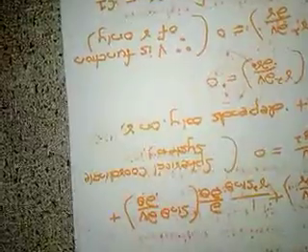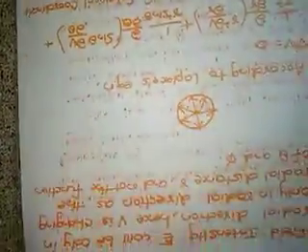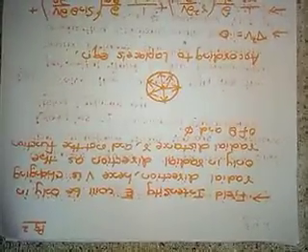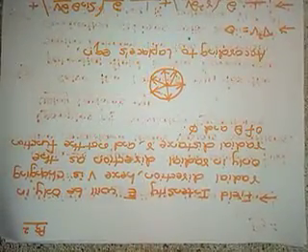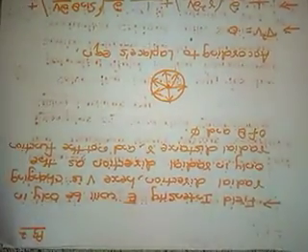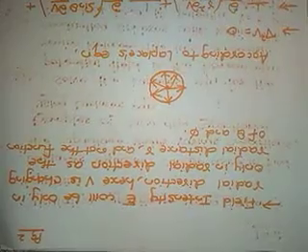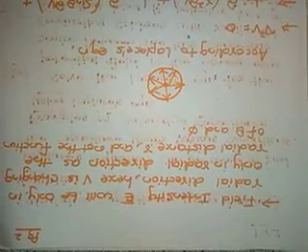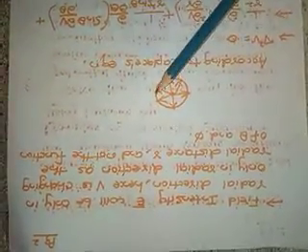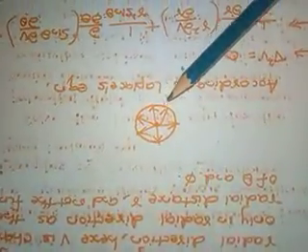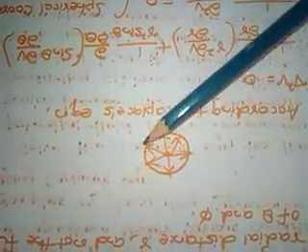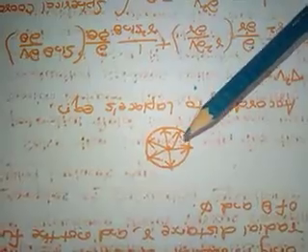Field intensity E bar will be only in the radial direction. How is the field intensity distributed? Field intensity for a sphere will be distributed only in the radial direction. Hence V is a function of radius only and V is not a function of theta and phi. Note, students, V is a function of R only because the intensity E or the potential V is distributed in the radial direction. You can see here I have shown the radial direction. This is how the intensity E or the potential is distributed.